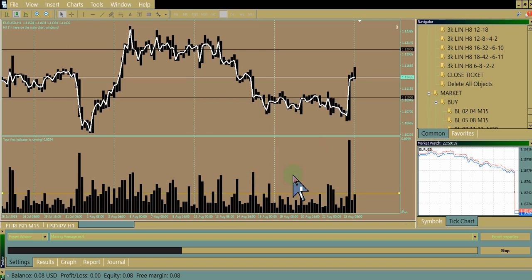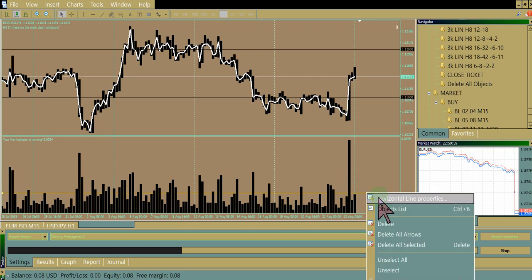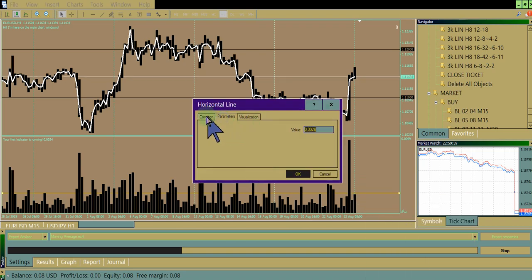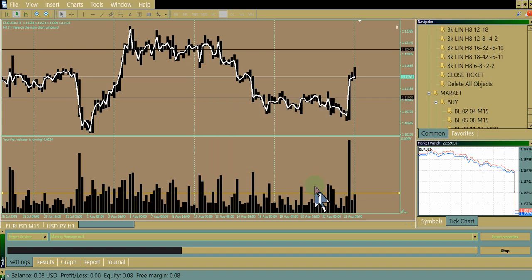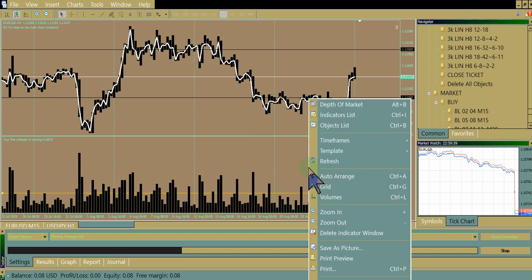But this value here, you can pick this inside the settings of values. This is 26 pips. It's a pretty low threshold. And you can put levels on there. I think you can put levels on there. Maybe not this one, but if you add levels to that, then you've got